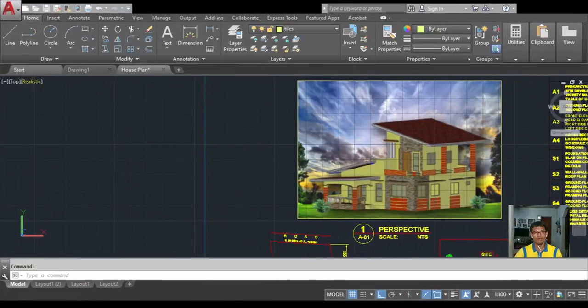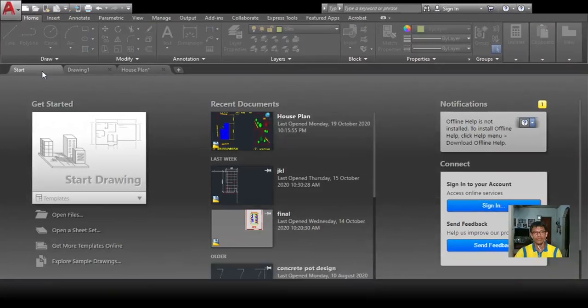So we can now see this environment. To start a drawing, you have to click this, or you just click plus here, or just click the start drawing here, on this part. When you click this, we can have now